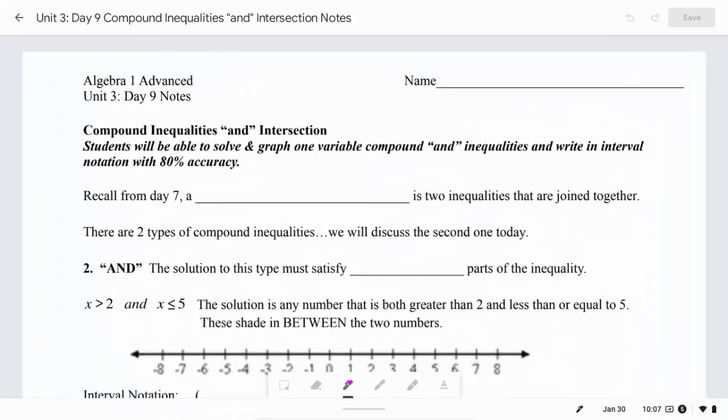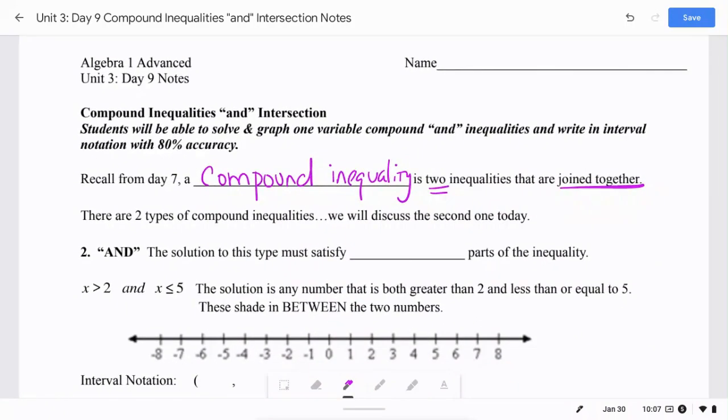In this video, we will be discussing the second type of compound inequality, which we refer to as "and," or intersection. So recall from day 7 that a compound inequality is two inequalities that are joined together. There are two types of compound inequalities, but we're going to focus on the second one today, which is called an "and" problem. So the solution to an "and" problem must satisfy both parts of the inequality, whereas with the